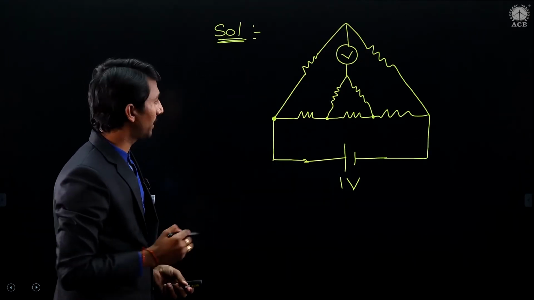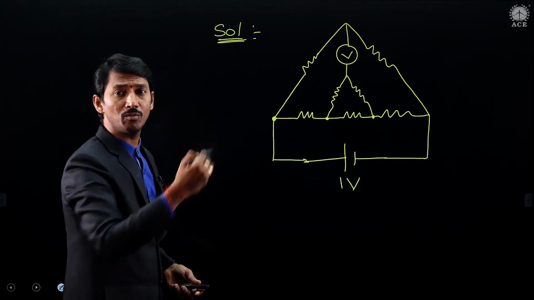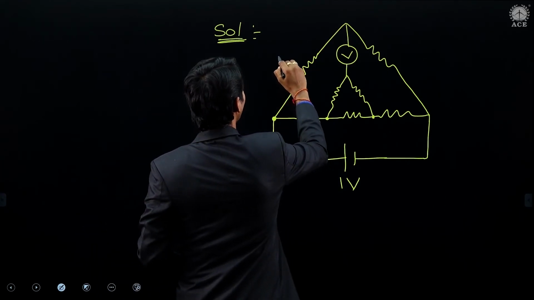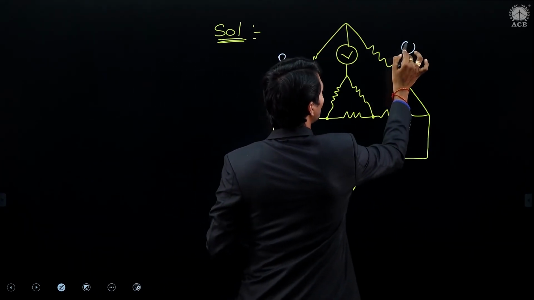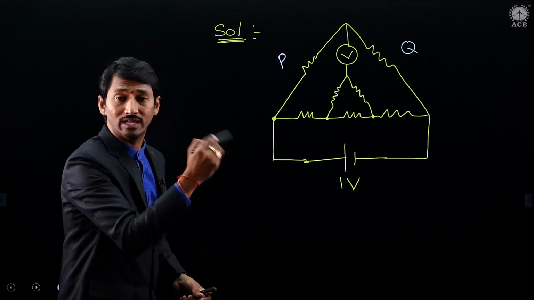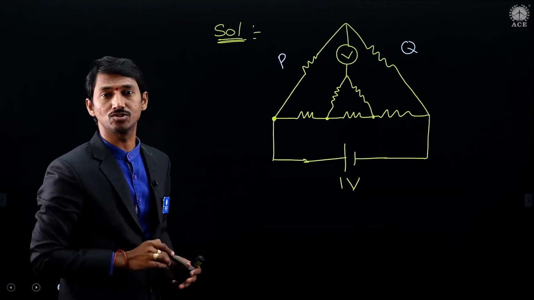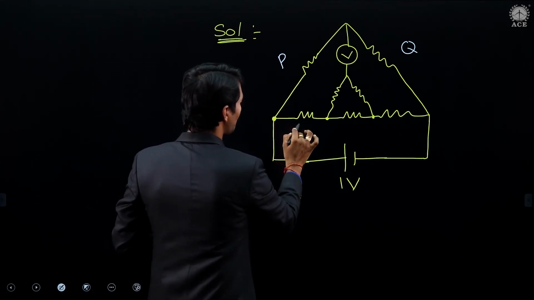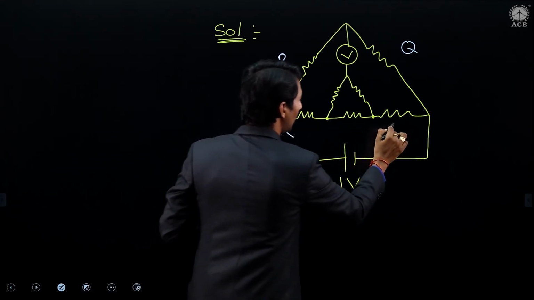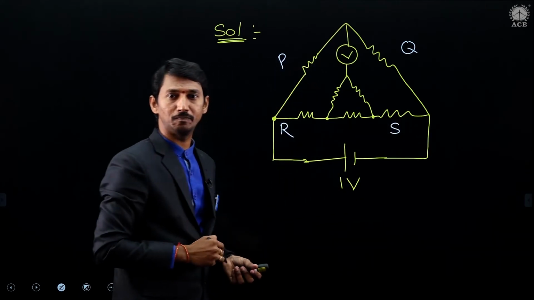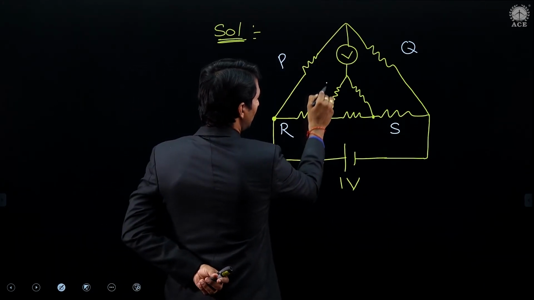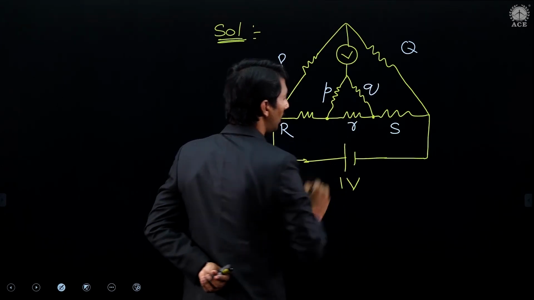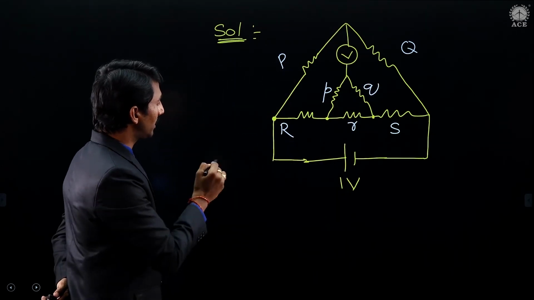Okay, no problem. See, generally our terminology is what? Normal terminology for a bridge is, this is P, this is Q. I am writing PQ terminology only to understand this question. After that, according to the given terminology, we can proceed. PQ, and this is R, and this is S. This is the general terminology. This is generally denoted with small p, small q, and small r. Okay. Now let us go back.